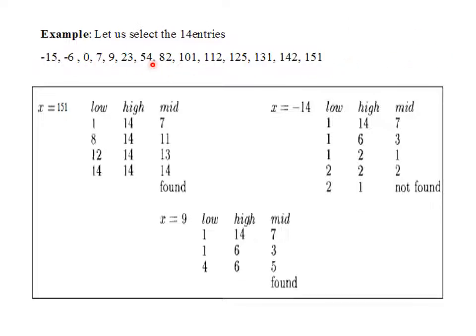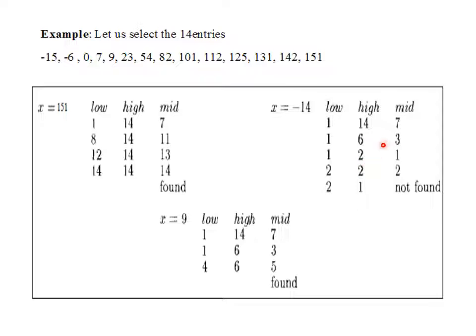Now we will not check all these items. We are eliminating half of the problem. Then we find the mid item, that is 0, and we found that this item is not equal to the search item. So we are not checking the remaining three. We again reduce by half, and this is the third time we search.